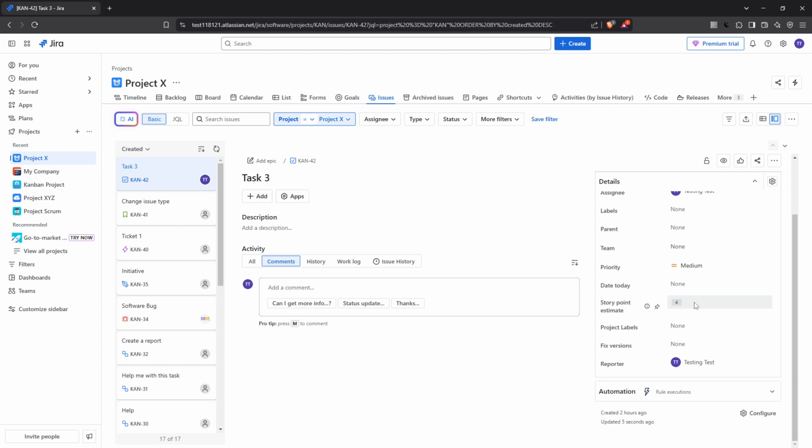Once done, your Jira issue will reflect the current story point estimate, helping your team manage tasks more effectively. And that's it, you've successfully updated the story points in your Jira project. Regularly updating these values can greatly enhance your team's efficiency by providing clearer insight into task priorities and